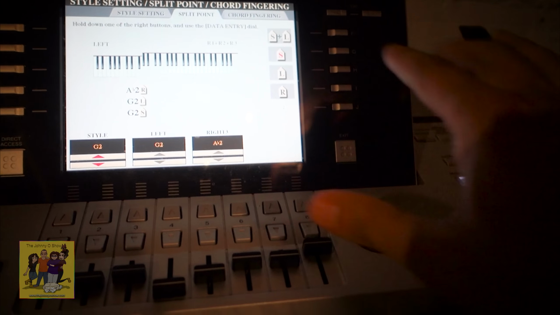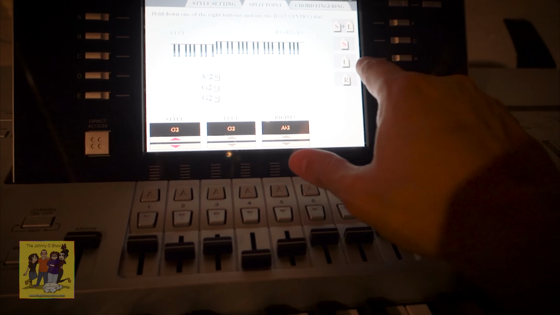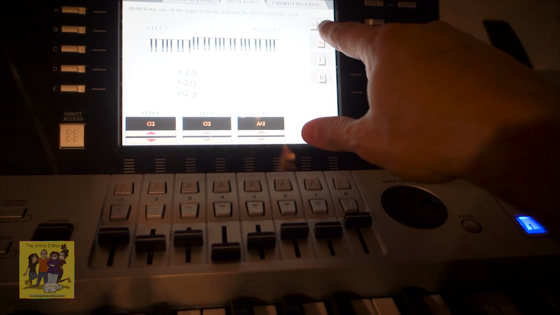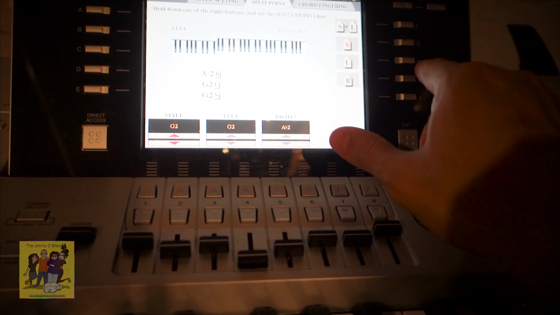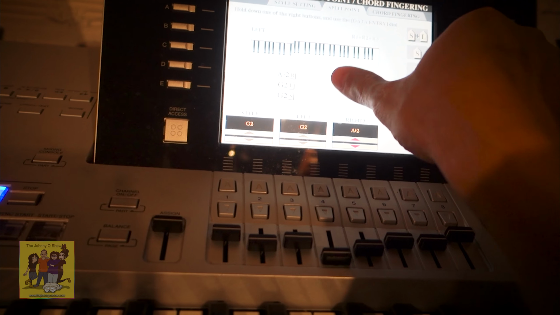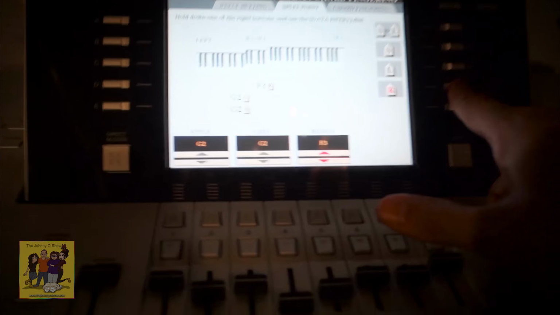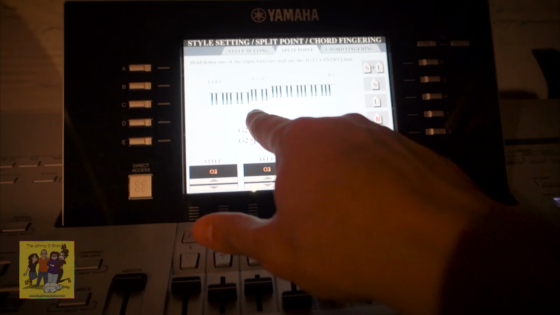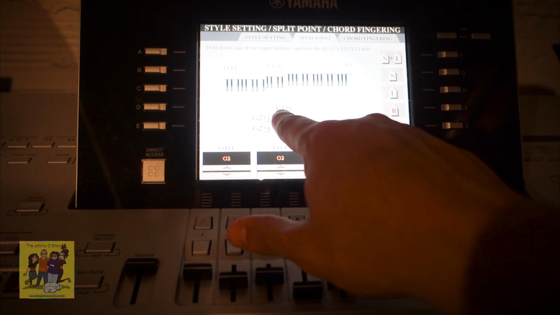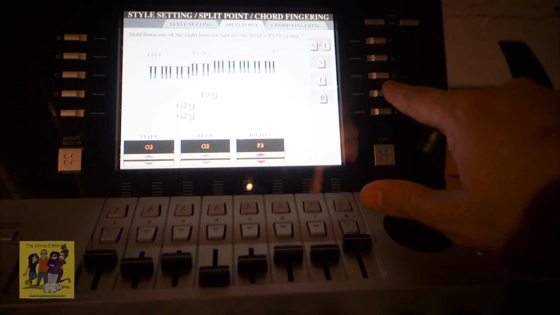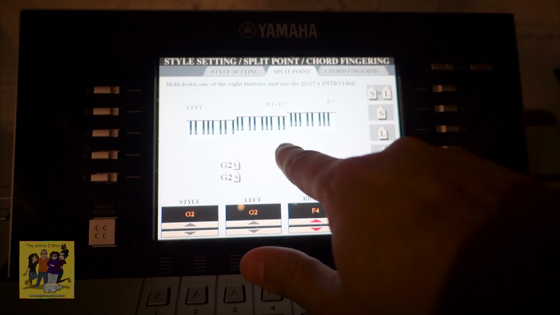Okay. Now, if I want to split it differently, I can hold down, you've got right, left, style, or style plus left and right. Now what I'm going to do, if I say my right is going to be somewhere here in the middle, so I hold down my right and I'm going to just hit a button. Now I've broken it. Okay. So I've created a split right here. So in other words, we've got right 1 and 2. That's the way you do it. You hit the key. Yeah, you just hold down the right button, and then hit the key where you want the split. Oh, okay. And so that makes the